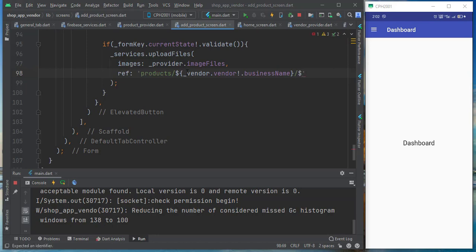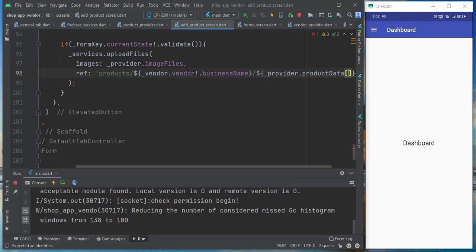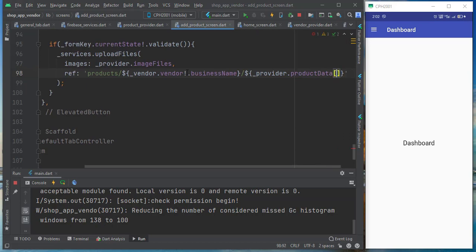If you want you can put a product name also. I am not adding that one, or okay, let's say like this, provider dot product data, product name,